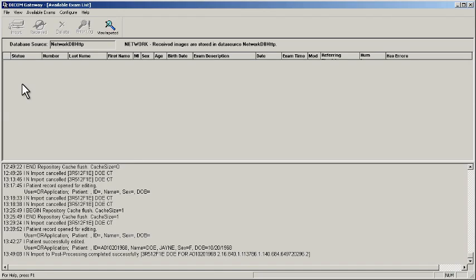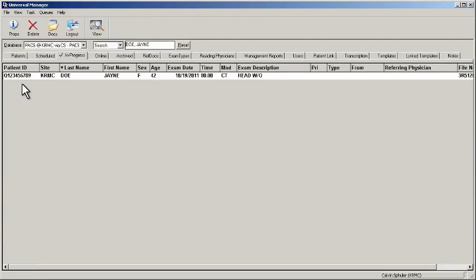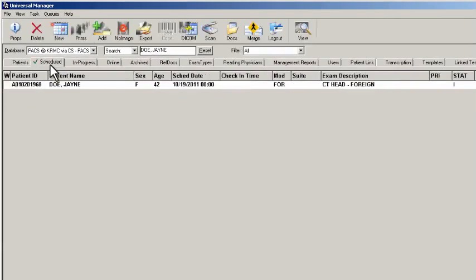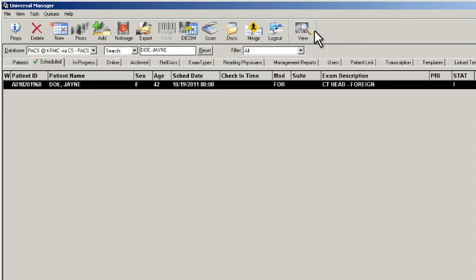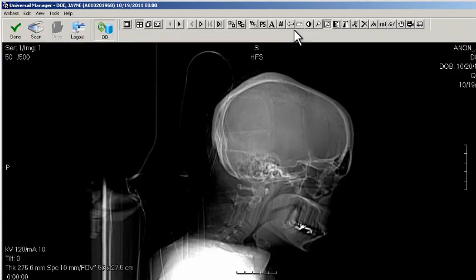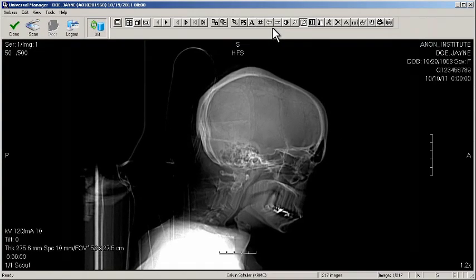As you can see, the exam disappeared from the list on the gateway, and now we're going to go over to Universal Manager, go to the Schedule tab, and you'll see that the exam has been DICOM'd as noted by the I status and is ready to be viewed. So go ahead and click the exam, click View, and we don't really require any post-processing on a foreign study